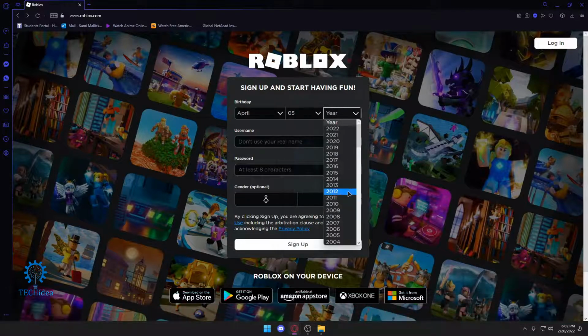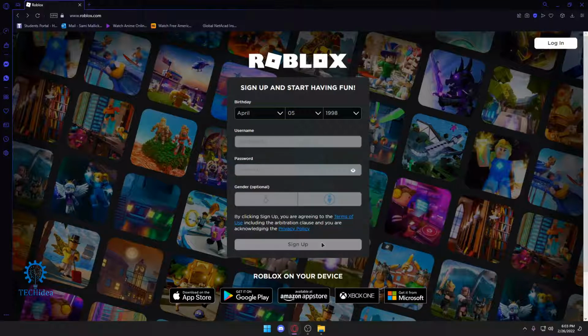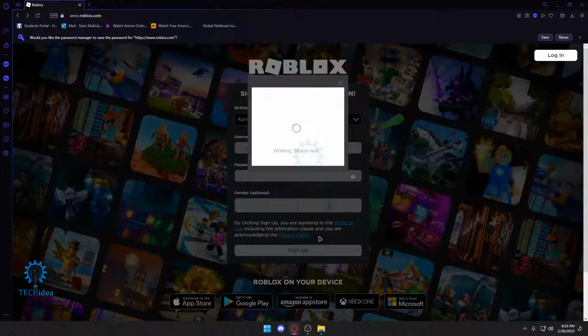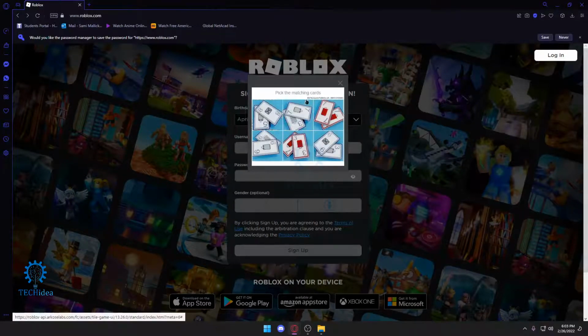It can be whatever you want it. I'm just going to select a random birth date and I'm just going to put in a username, which is going to be TechIdea37. After that, put in your password and select your gender. That is completely optional, you don't have to select it. And then you'll have to verify that you are a real human. And once that's done,